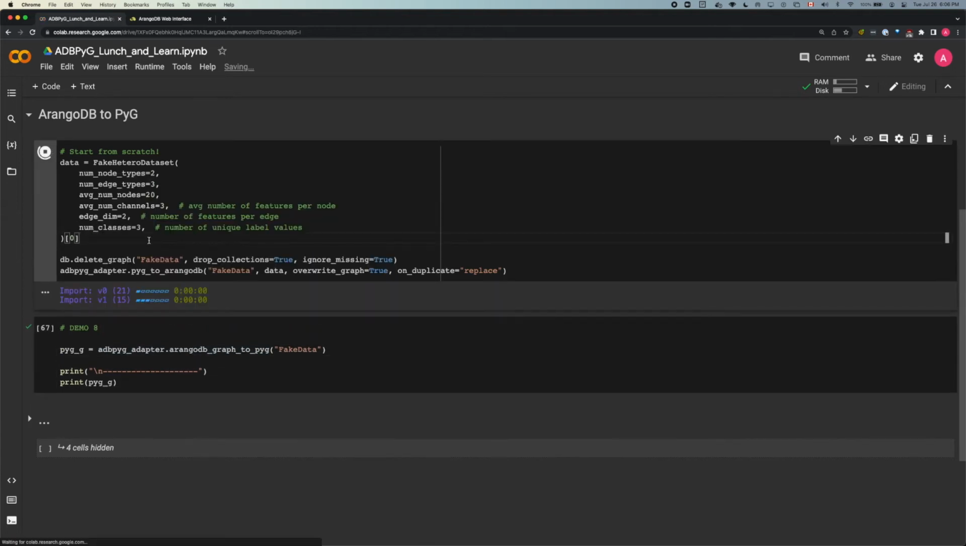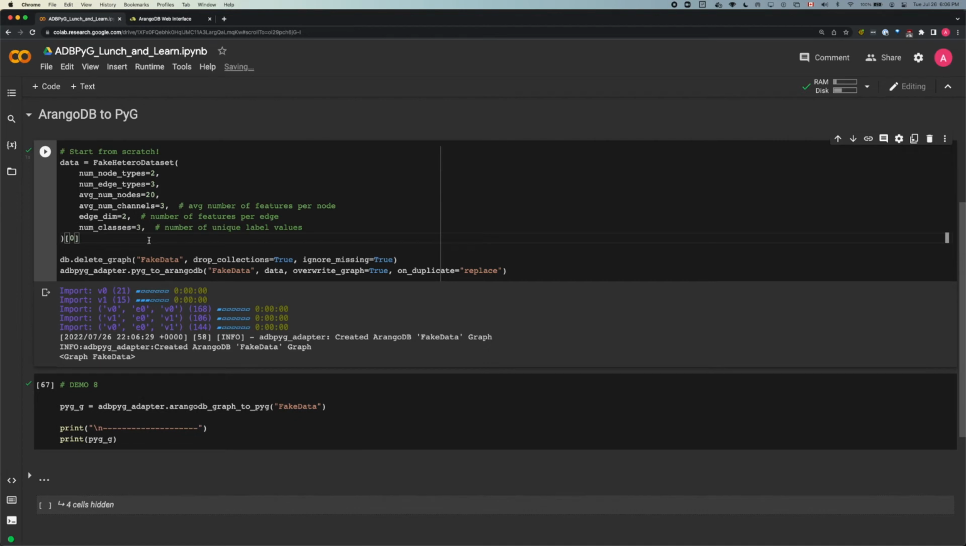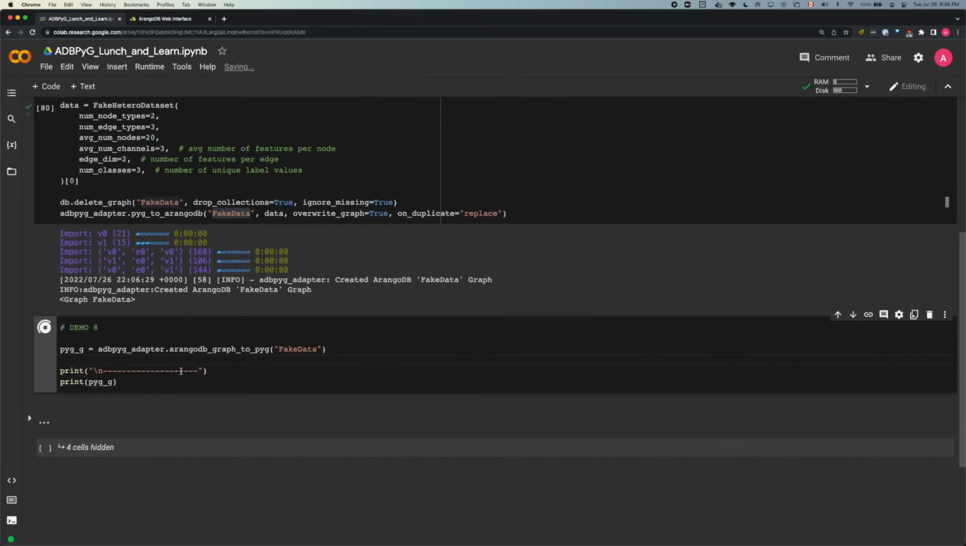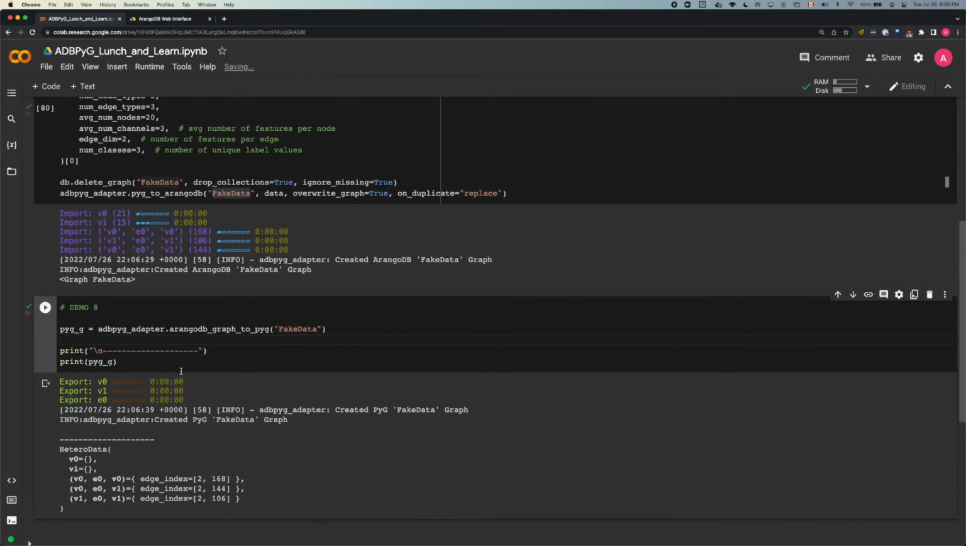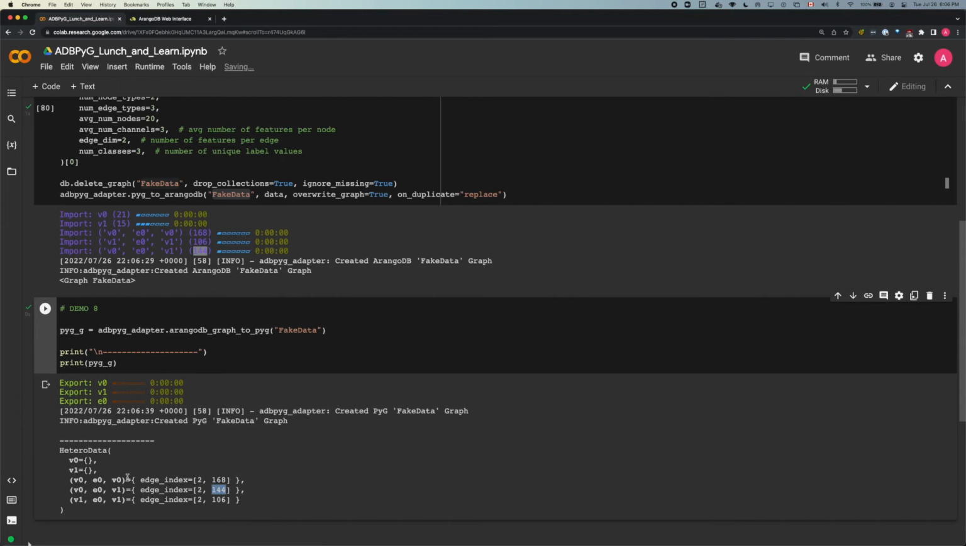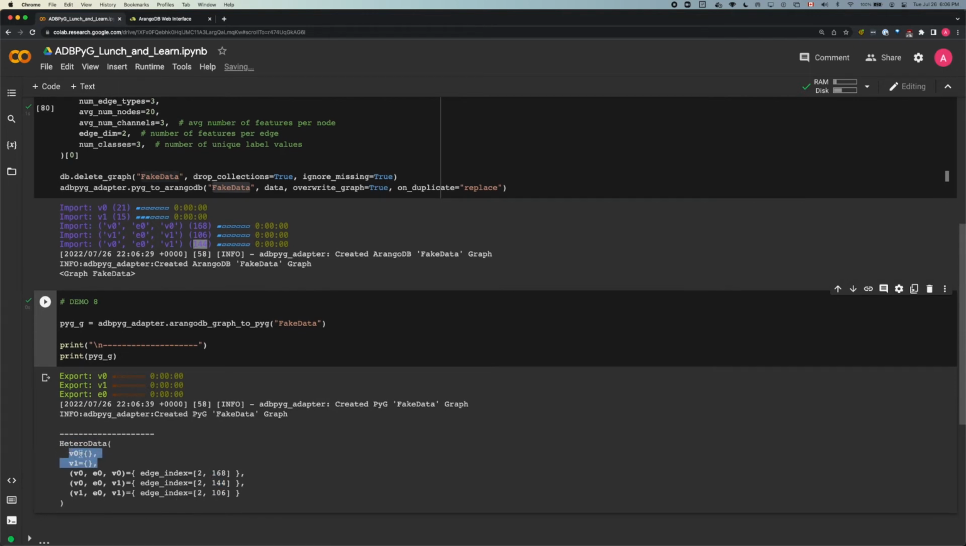So this snippet above here just recreates a PyG graph and places it into ArangoDB, and it's now called fake data. So if we run the snippet below, you'll see that the PyG graph has been recreated with the same number of edges for each node type, or sorry, for each edge type. But what you'll notice is that the features in regards to the nodes and edges have not been brought